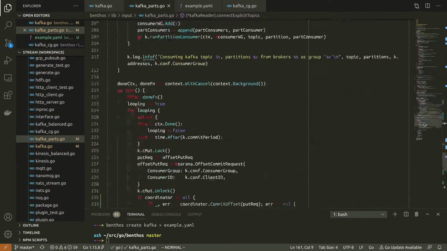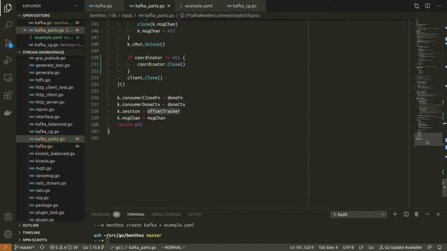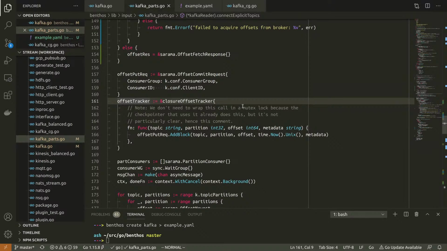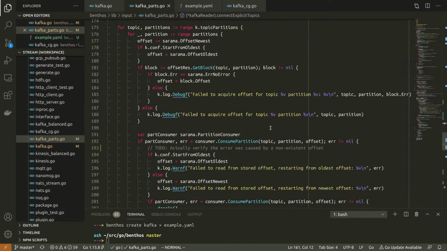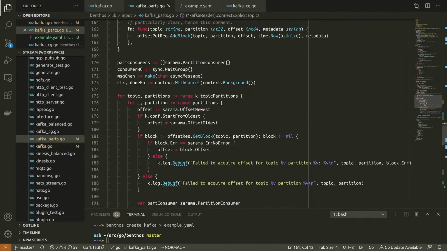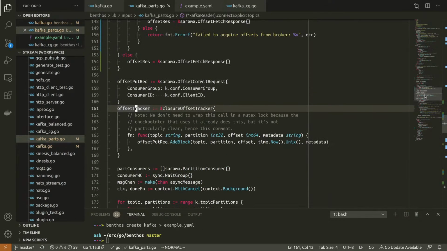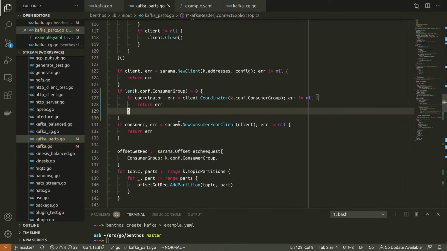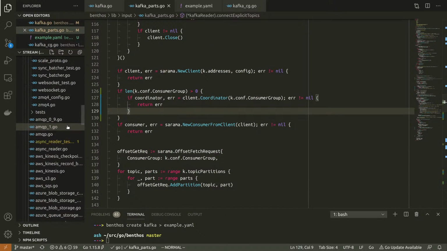But I don't care. So it's fine. Is that it? I think that might be it. Yeah, I think I might have implemented this feature.